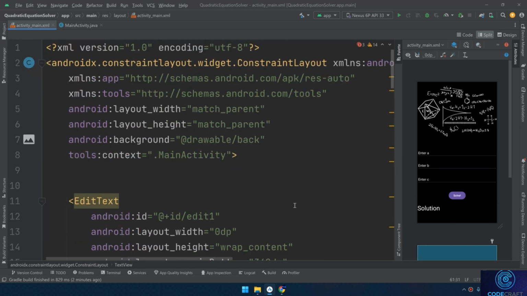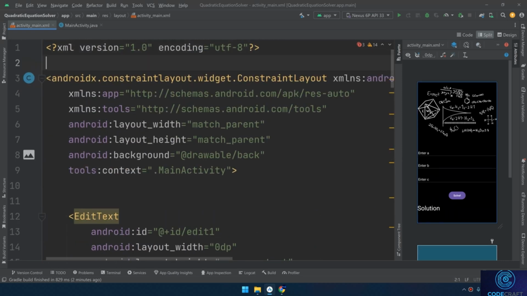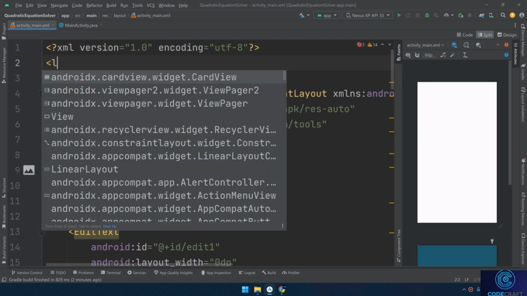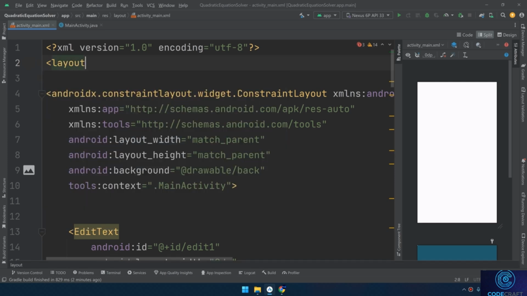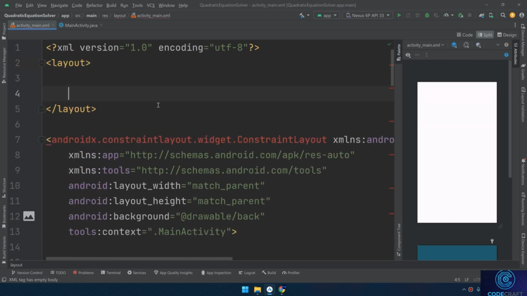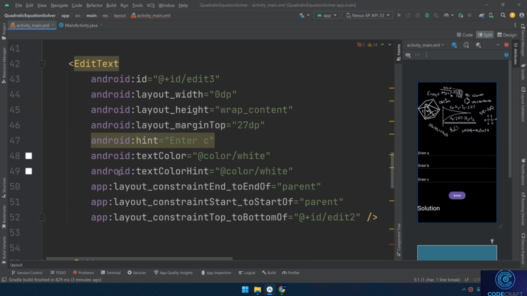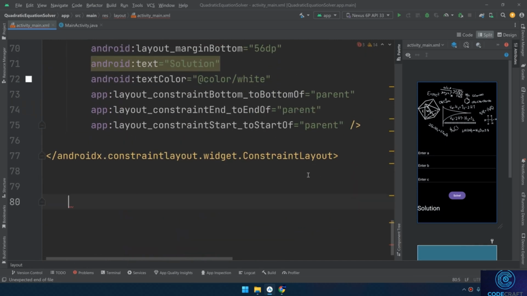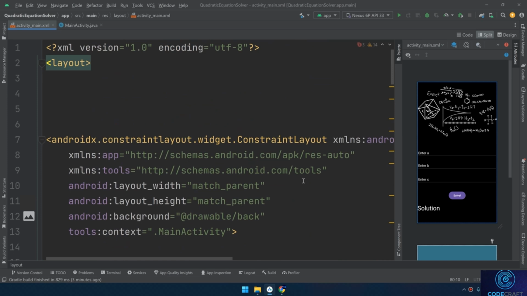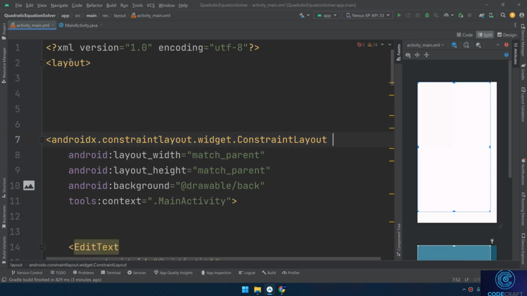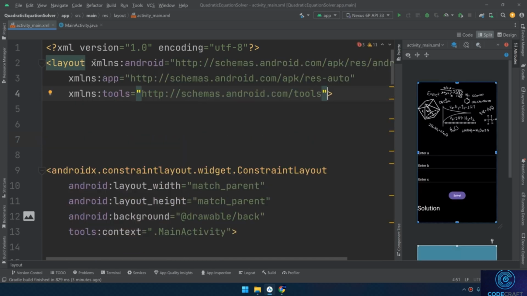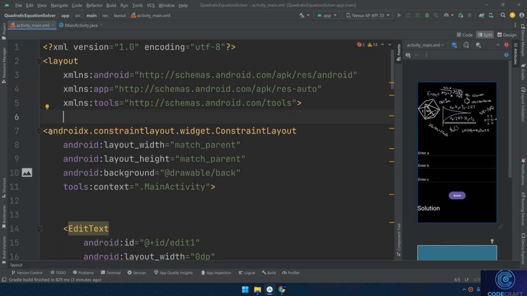The second step in adding the data binding library to our application is to create the layout tag and add here inside this tag. I need to add these namespaces. So I'll cut these and paste them here inside the layout. So till now we created our app layout: 3 edit texts, 1 button, and 1 text view,